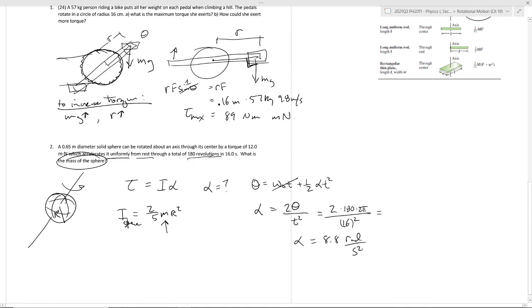So we have alpha, we have our expression for the moment of inertia for the sphere, we know what the torque is. Let's put these ingredients together and solve for the mass. So this will be 2/5 mr squared. We can solve for m. In terms of this stuff, it will be 5/2 times the torque over r squared over alpha. And let's put our numbers in here. So 5/2 times the torque, which was 12,